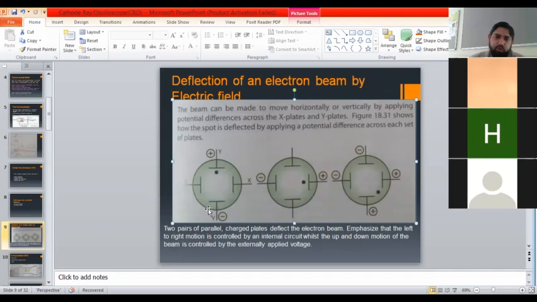Look, in this diagram, potential is applied on Y plates. In this diagram, potential is applied on X plates. And in this diagram, potential is applied on both the plates. So all of you need to have a look at it. Take 5 seconds and confirm if you understand movement of this dot, movement of this beam of electrons.